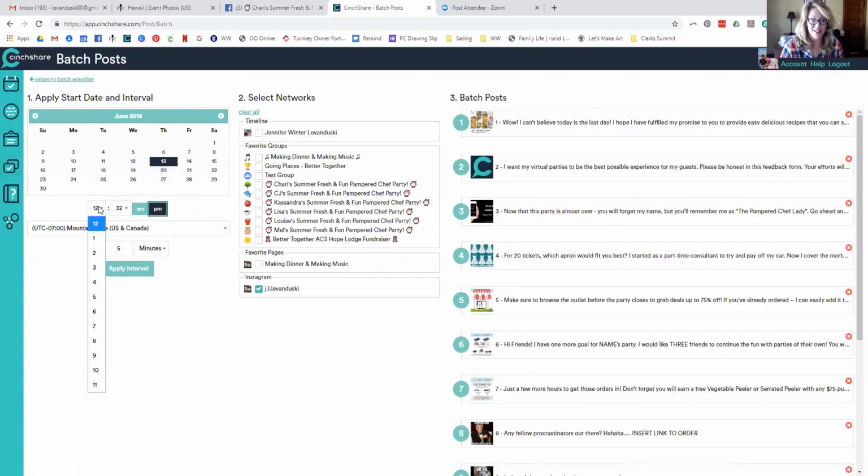Okay, so I honestly can't remember if I had scheduled an 8 and an 8:01 or if I had just done an 8 and an 8:30. So we're going back to the original outline just to see 8 o'clock, 8:30. Okay, so I'm not going to do a 5:30 start time. I'm going to do a 7 a.m. start time. If you can't remember off the top of your head what the times to post are, refer back to the outline that's in the outline group because I have posted all of those times for you.